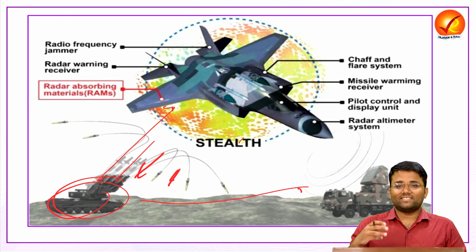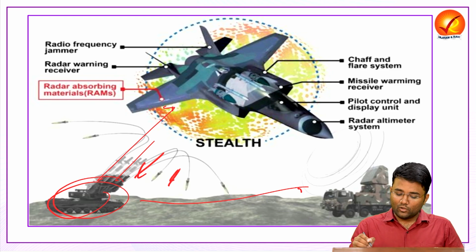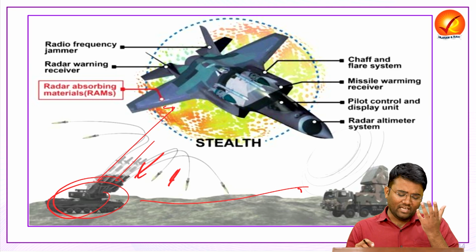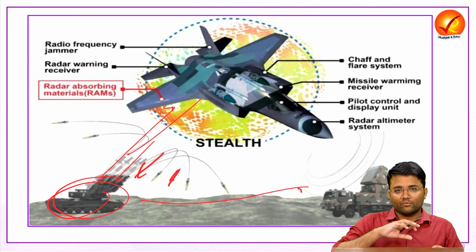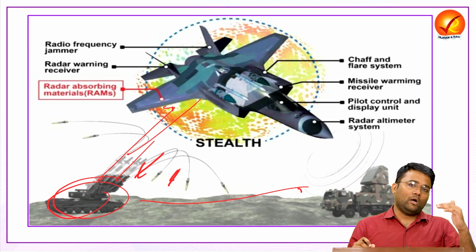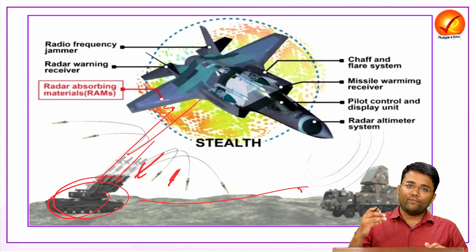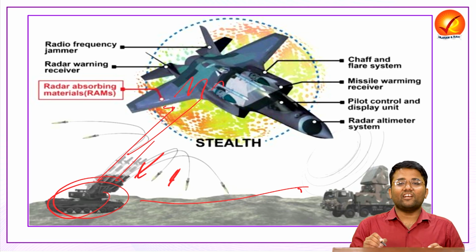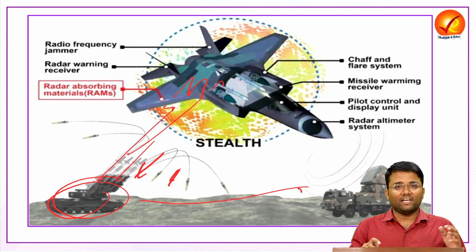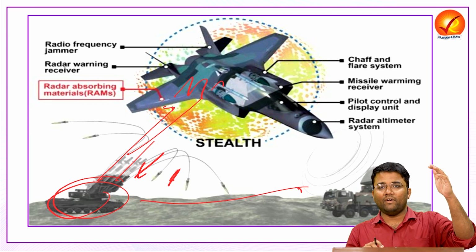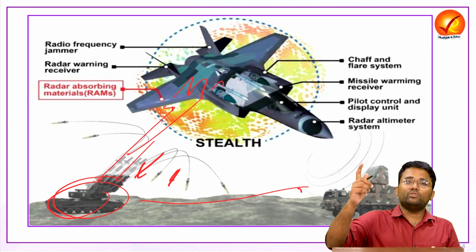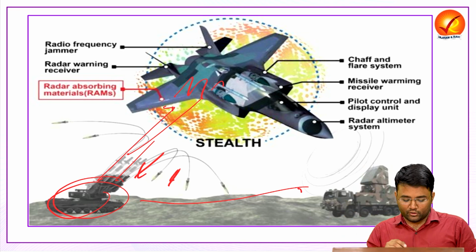But what happens with the stealth technology, these aircrafts are using such materials that whatever the electromagnetic wave that was sent from the ground, rather than getting reflected back, it is absorbed with the help of total internal reflection itself. For example, the radar electromagnetic wave in the earlier case without stealth technology will strike the aircraft, and then the wave will come back to the ground station.